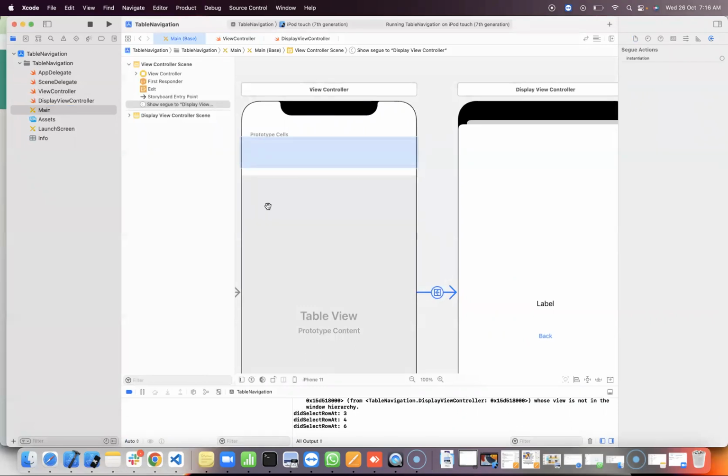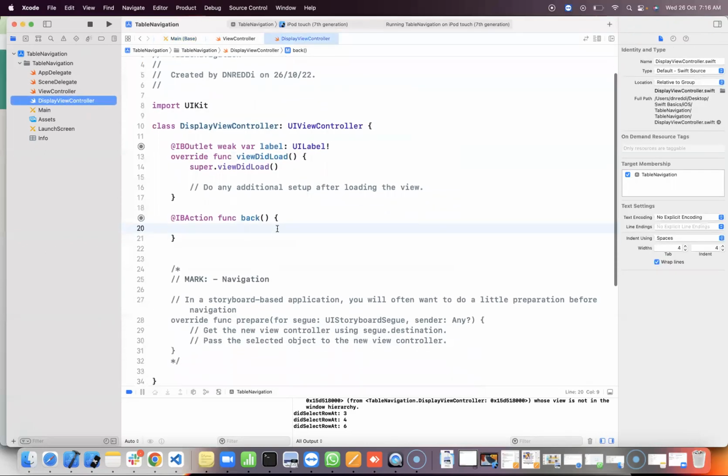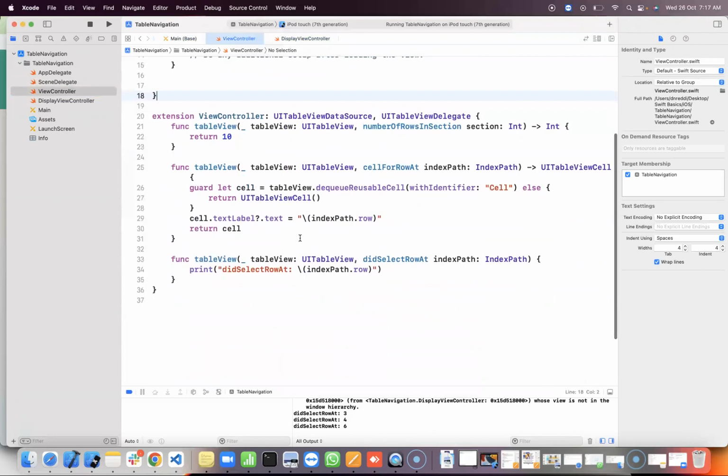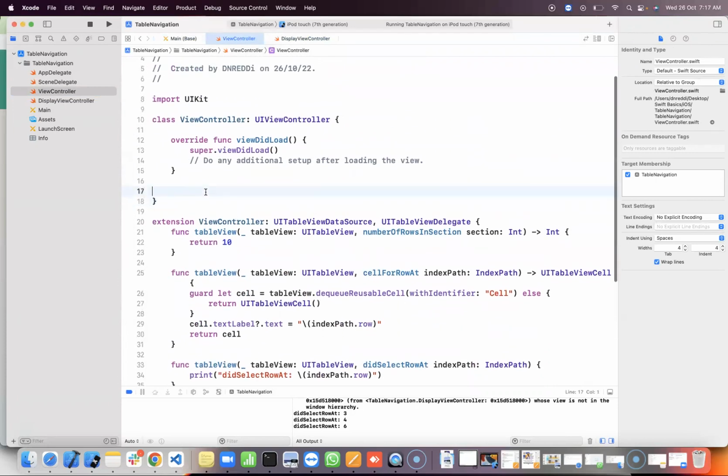While moving to another view controller, I want to pass some information. There is no way to pass the information here. If you are performing push navigation controller, pop navigation, or presenting it modally, we have the object of the destination view controller. Now we do not have any object here because we are doing everything through storyboard. To do that, we have a few methods. Whenever the segue is performing, a few methods will be called. Those methods are